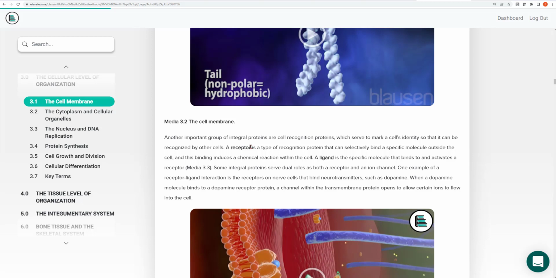They have a different job. They are still cells. They have all the organelles we're going to be talking about. But a kidney cell will have different receptors on the outside of the cell than a liver cell or a skin cell. So these receptors actually help a cell have a different identity than other cells.